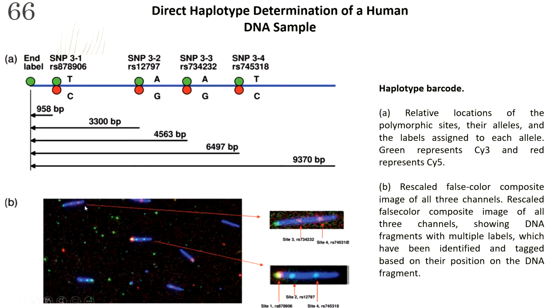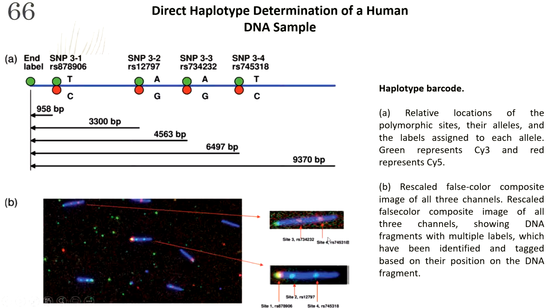And that's why we see this fragment. This is the end label fragment, but we have these 2 red fragments. That means it has C and G at these unique locations. But if you see the picture and match them, then they know that this is this site, RS734232. So this is the site that is showing that this particular DNA has guanine rather than adenine. That's why it is showing red color.